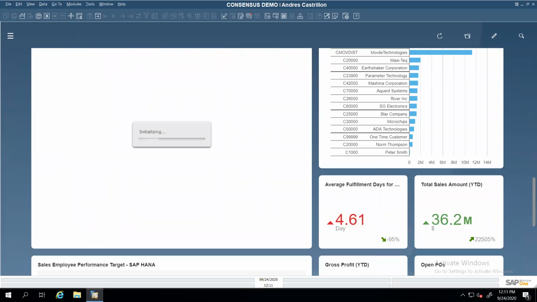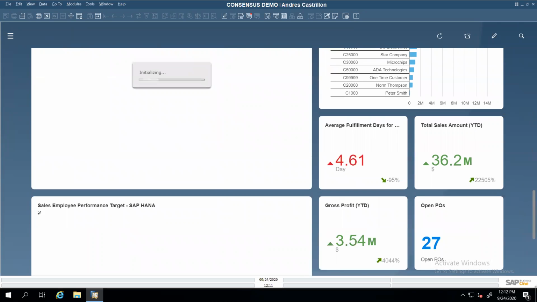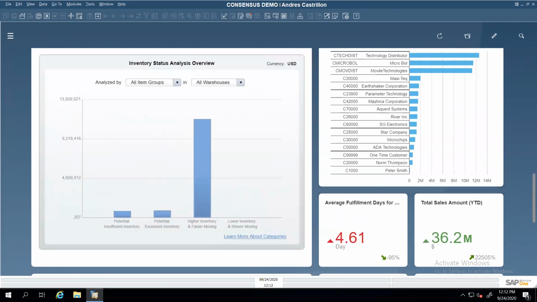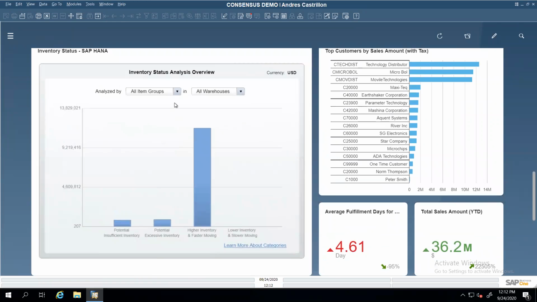In addition to that, I have other metrics that are very interesting, and I can play with them. For example, this is an inventory status analysis that comes with SAP on HANA, where I see, okay, this is my inventory of items that I sell quite a bit, and they're faster moving as well.